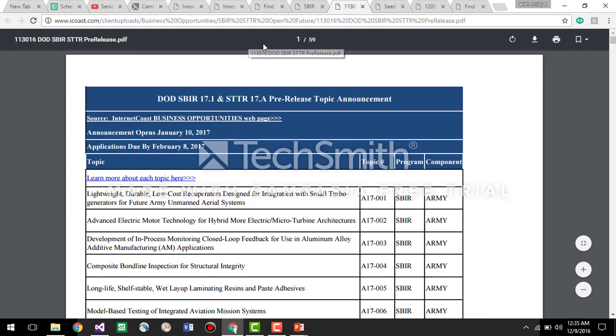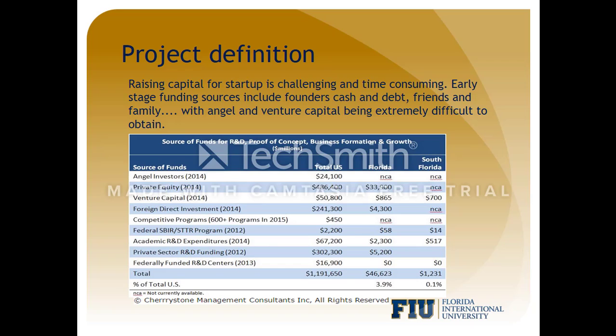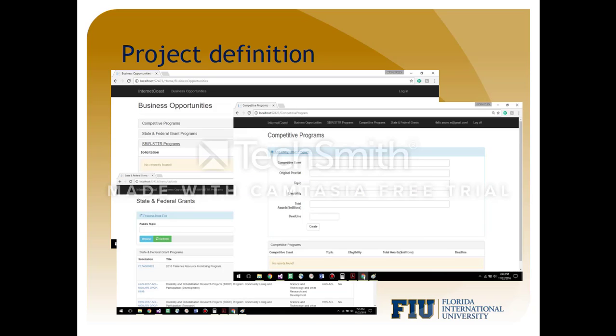So with that being said, let's go back to our presentation and talk about the solution. These are some screenshots of how the solution looks right now.